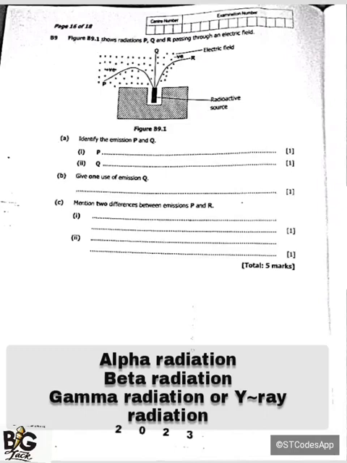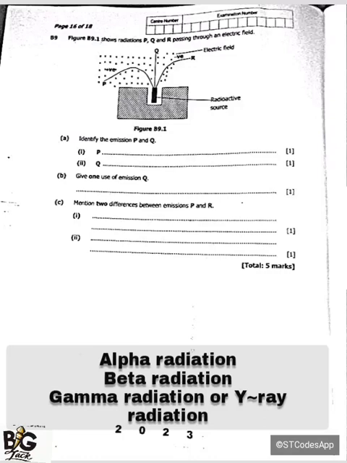Okay, so now those types of radiation, I'm going to start with the first one, which is the alpha radiation. The alpha radiation is positively charged in nature. Since it is positively charged in nature, it can be affected by the electric field. When you talk of the electric field, you're talking about the positive charge and also the negative charge. Here I'm saying the alpha radiation is positively charged, which means